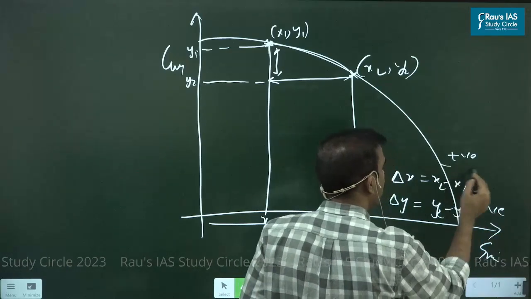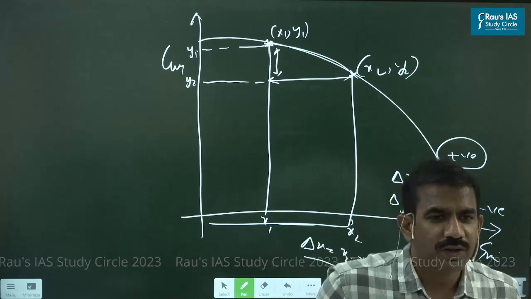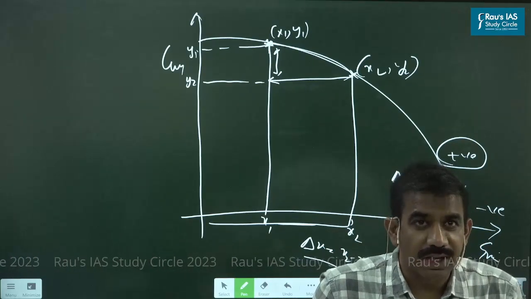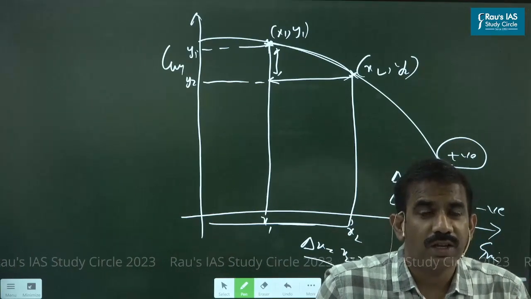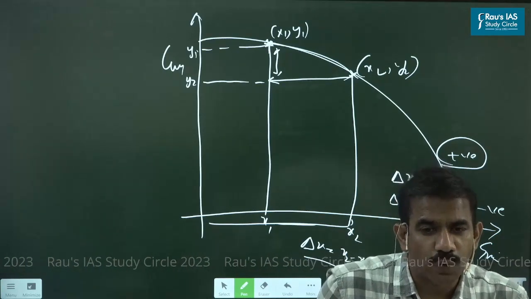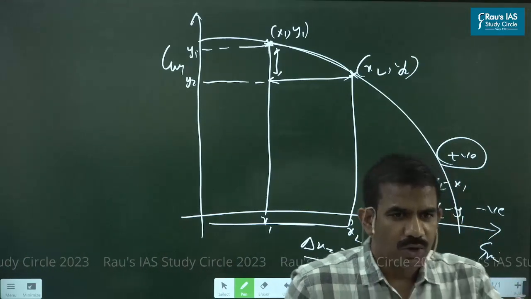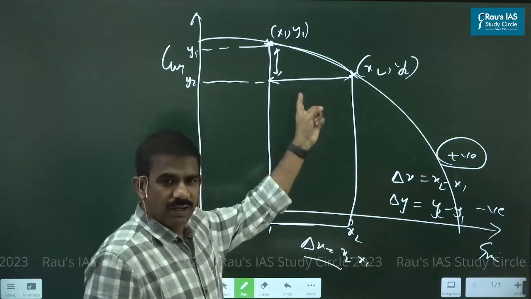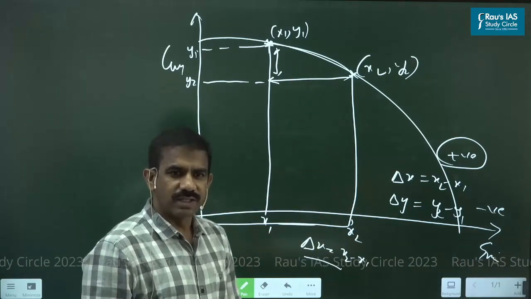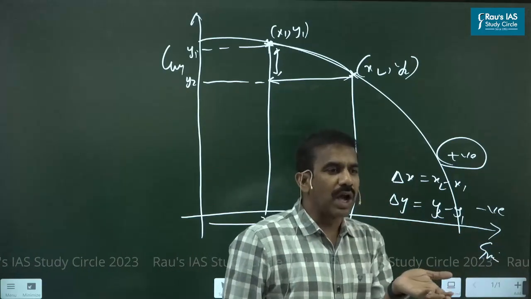So for a certain amount of increase in grains, I have to forego a certain amount of guns. If both were positive, it would be fine. But in this case it is very clear that if you want to increase the production of one, you need to forego a certain amount of the other. Am I right? More grains resulted in lesser guns, and that is what I have written in mathematical form.